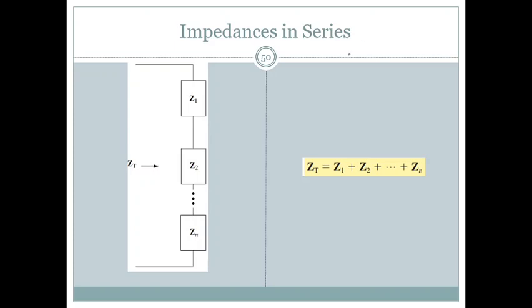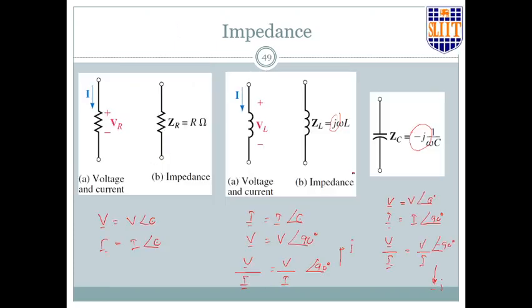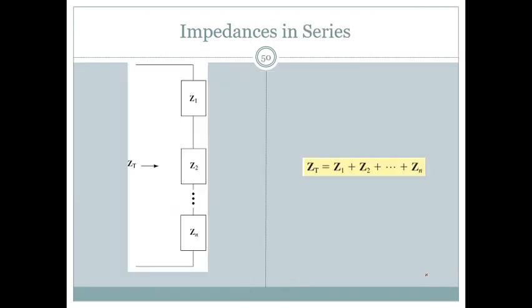Impedances in series, so you add up the values. All these are complex numbers in here because, as we saw, in general they can have a phase shift, so they will be represented by complex numbers. So adding them is possible. Now when you add these numbers, we all know